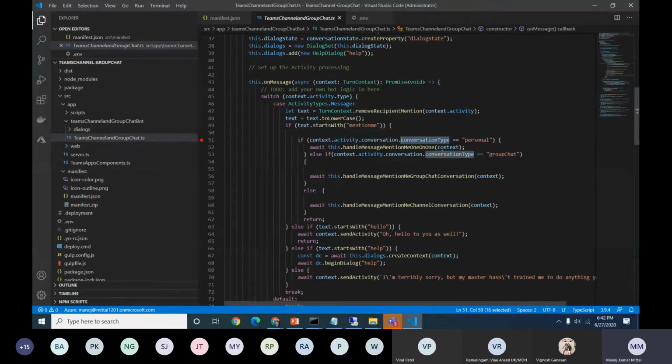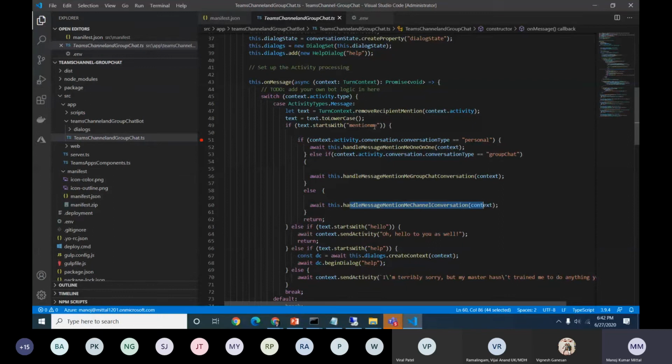So that's quite helpful. If the conversation type is personal, we can write our own handler which will just invoke and throw the message. And if my conversation is happening within a group chat, similarly group chat is there. Else, assuming it's a Teams channel, the Teams channel also has channel as a conversation type. So we can define accordingly and start working.